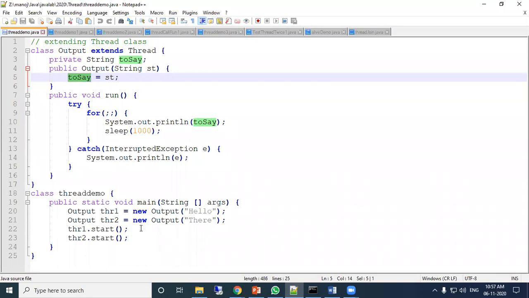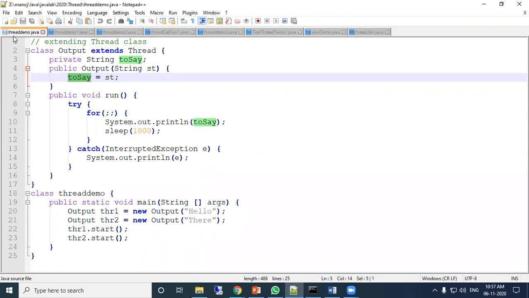So sometimes your system will share its resources to each thread one by one. So suppose thr1 run method is executed, and for thr2 the run method is executed, and when the start method is called, the run method starts the execution, which we have seen.